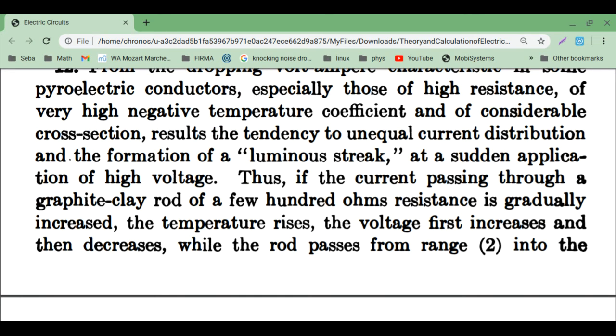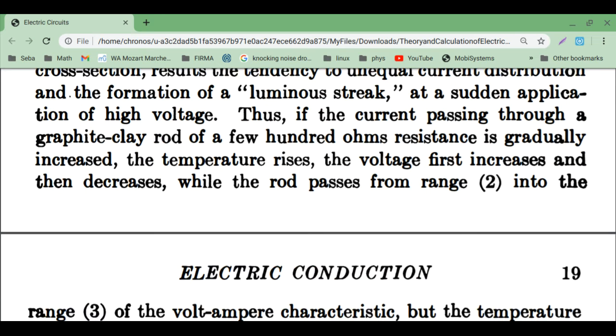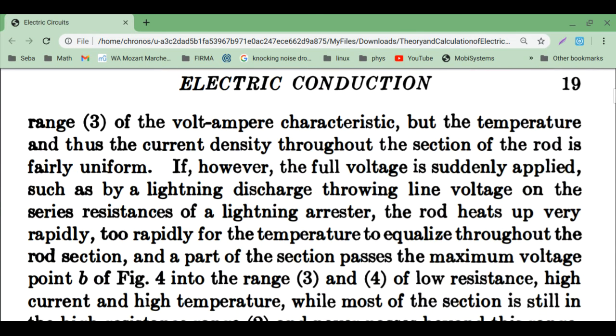Thus, if the current passing through a graphite clay rod of a few hundred ohms resistance is gradually increased, the temperature rises, and the voltage first increases and then decreases with the rod while the rod passes from range 2 into range 3 of the volt-ampere characteristic, but the temperature and thus the current density throughout the section of the rod is fairly uniform. If, however, the full voltage is suddenly applied, such as by a lightning discharge throwing line voltage on the series resistances of lightning arresters,